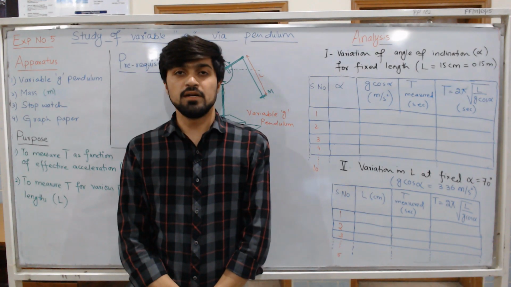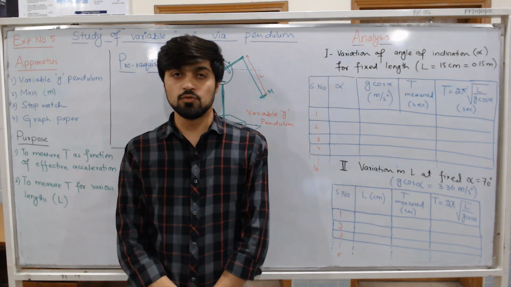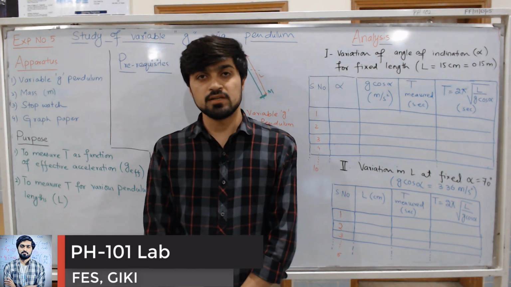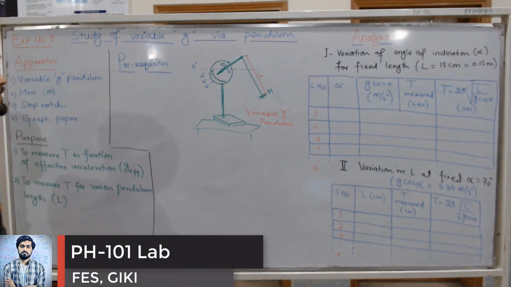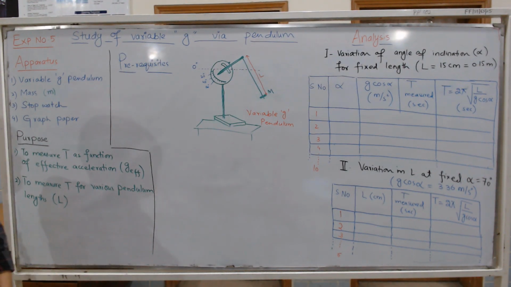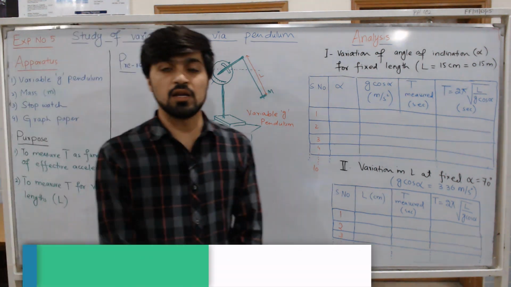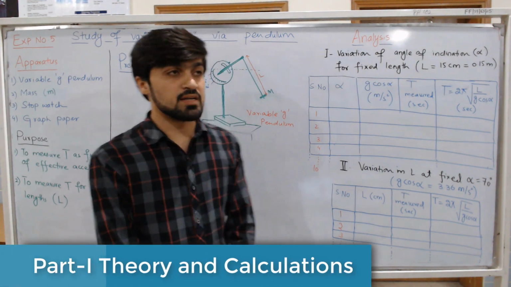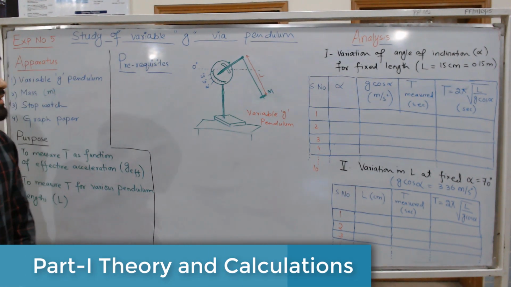In the name of Allah Almighty, the Beneficent, the Merciful, welcome to PH 101 Lab. Our experiment today is experiment number 5, the study of variable g via simple pendulum. So we will be studying the gravitational acceleration g via a simple pendulum, and by variable we mean that